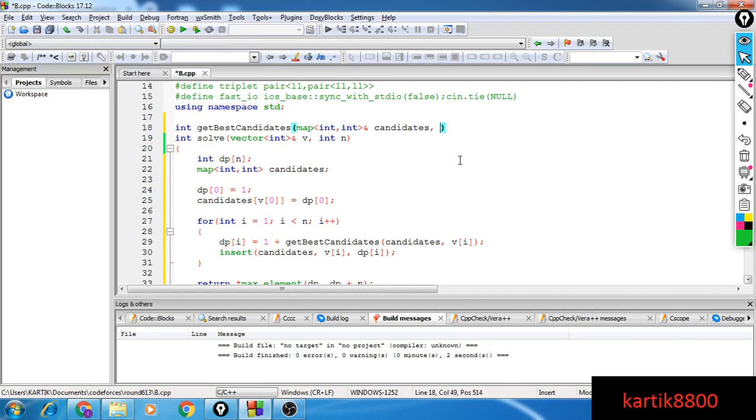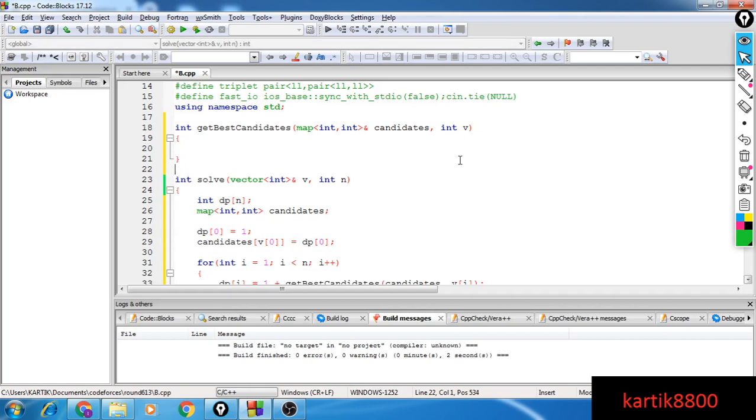Otherwise, first of all, a copy of the data structure is made. In the case of arrays you don't need to do that, but any STL container you need to pass by reference. Okay, so what is the largest value in the candidates map that is less than v?